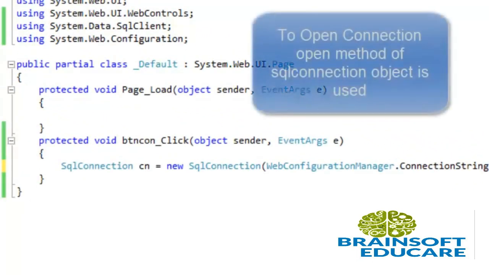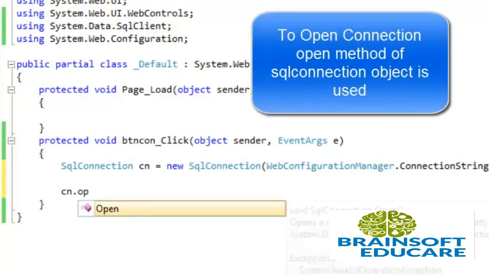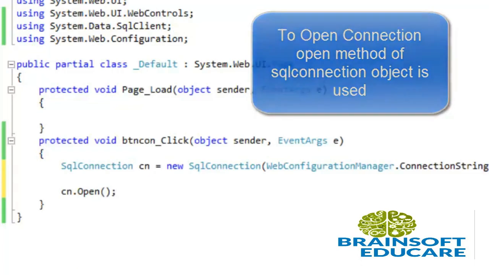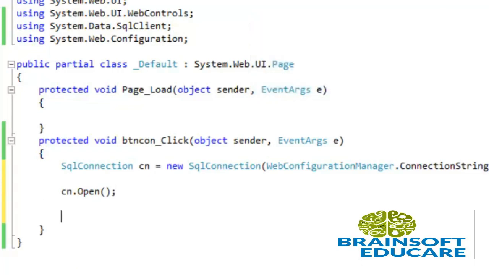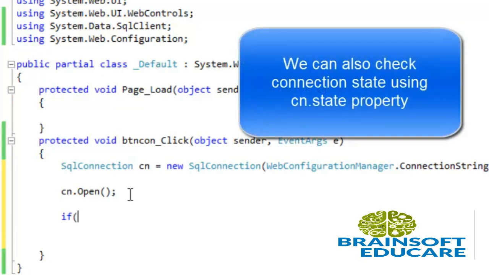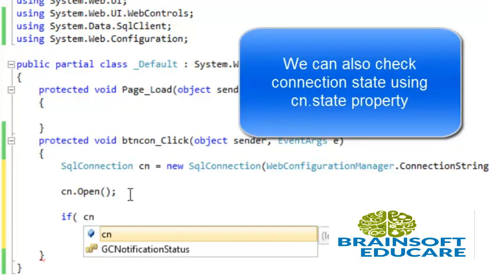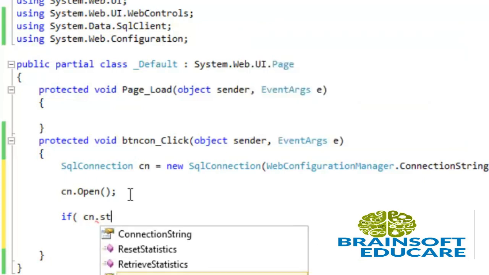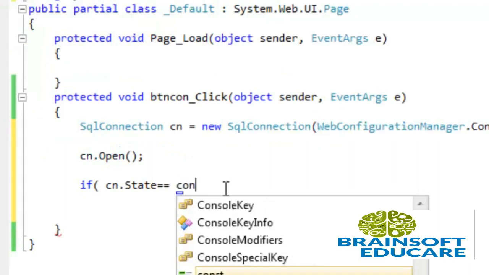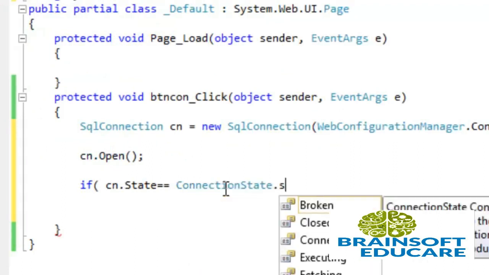Now to open the connection, cn.Open method is used to open the connection. Now I want to check that connection is opened or not, and I want to display a message in label that if connection is open, then it will print connection is open. So I have opened the connection. Now I want to check the state of connection. So to check the state I am using if else condition. So checking cn.State is equal to ConnectionState.Open,